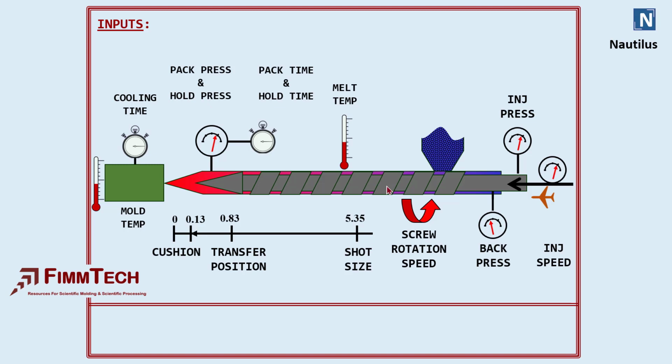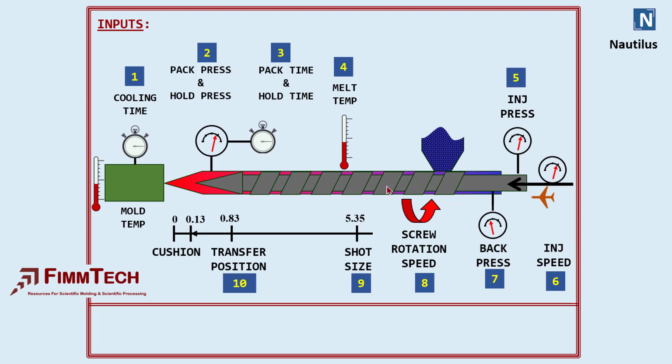Once you have the mold in the molding machine, now it is the responsibility of the processing personnel to develop a good, robust molding process. There are 11 plus 2 molding parameters on the machine that must be optimized in order to get a good optimized molding process. They are the cooling time, the pack and hold pressures, the pack and hold times, the melt temperatures, the injection pressure, the injection speed, the back pressure, the screw rotation speeds, the shot size, the transfer position,